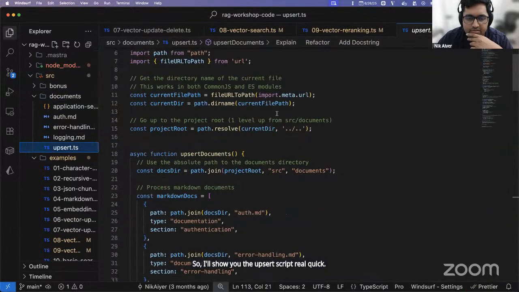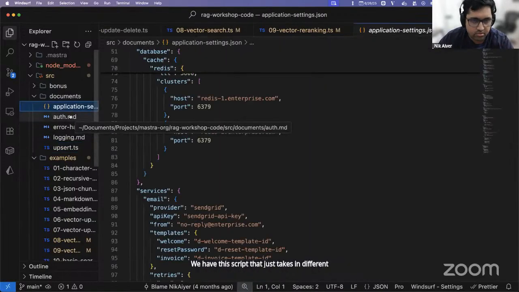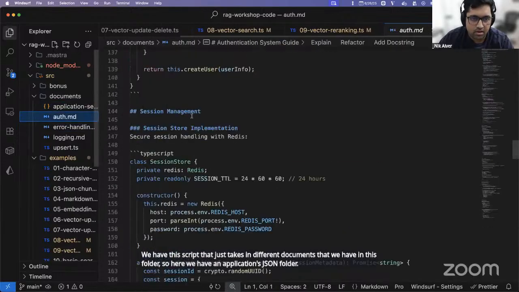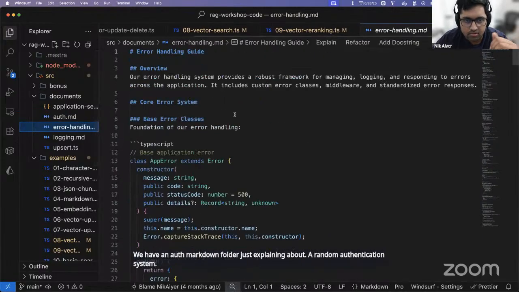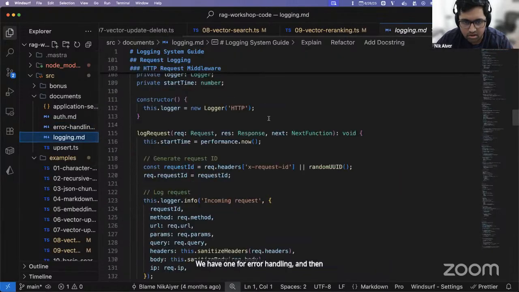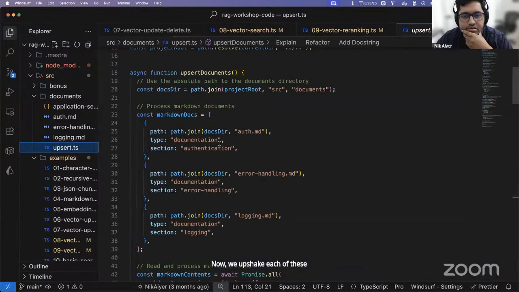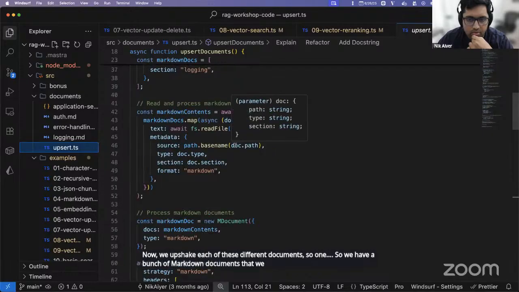So we have this script that just takes in different documents that we have in this folder. Here we have an applications JSON folder. We have an auth markdown folder explaining a random authentication system. We have one for error handling, and then one for logging that explains how logging works. Now we upsert each of these different documents. So we have a bunch of markdown documents that we upload, and then we have